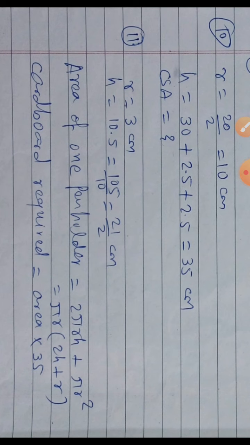So I used here formula 2 pi r s plus pi r square. Why? Because bottom is closed, top part is open. So instead of 2 pi r square, I added here pi r square only. So pi r is taken common, so 2s plus r. Okay, it is already written on the first page of the formula portion. Okay, so after getting this answer, you have to multiply by 35. Why? Because 35 pen holders are being prepared here. So cardboard required equals found area into 35. So that will be your final answer.